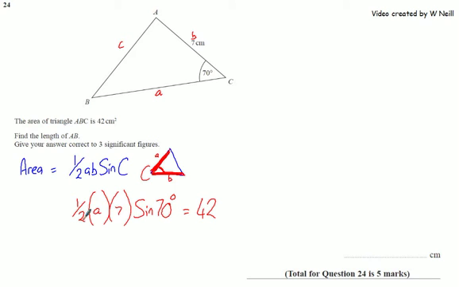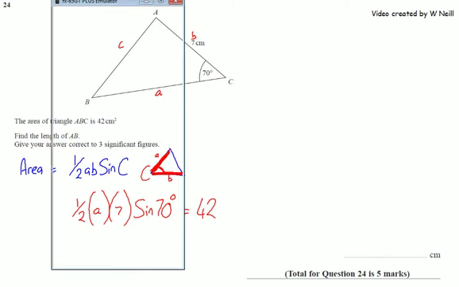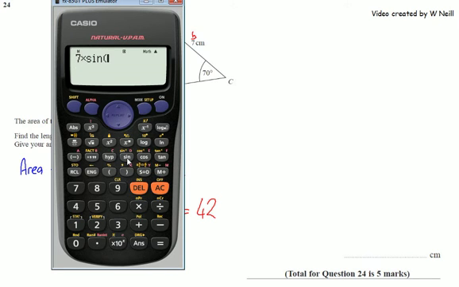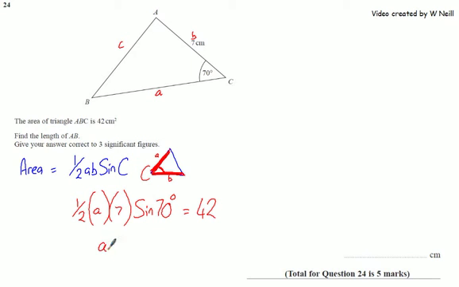But if I was to go half of 7 times 7, these are all just numbers, I can multiply this by this by this. So 7 times sine 70 equals, and then get half of that, 3.2889. So a times 3.2889, that goes on, keep it there, is equal to 42. So a is going to be 42 divided by 3.2889, which is equal to